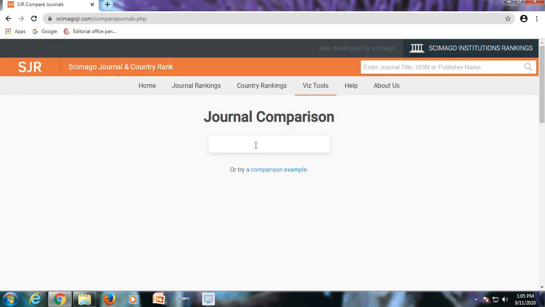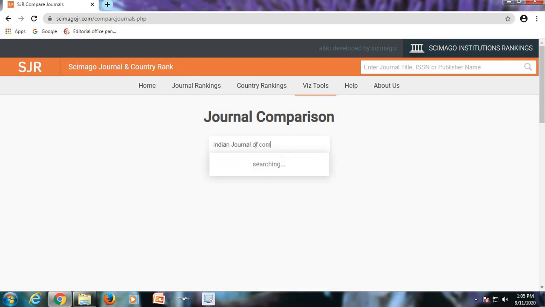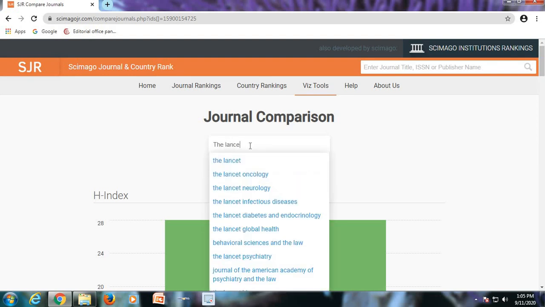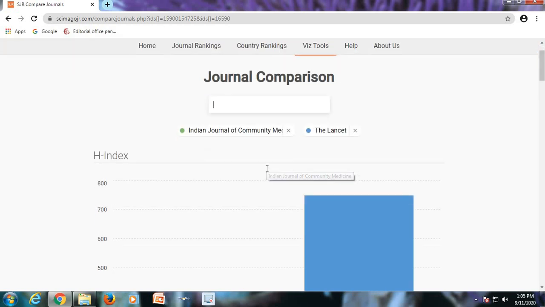For example, I want to compare the Indian Journal of Community Medicine with some other reputed journals. As you keep searching and including as many journals as you want, it keeps on including and shows a graphical presentation.